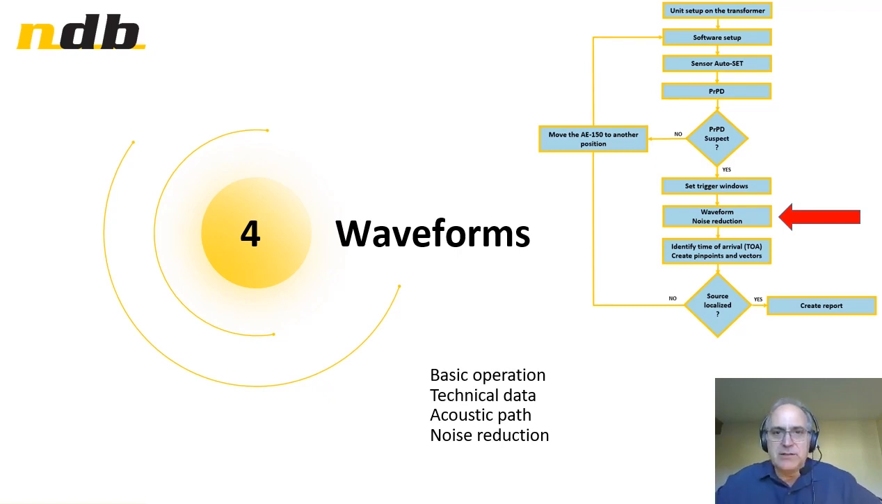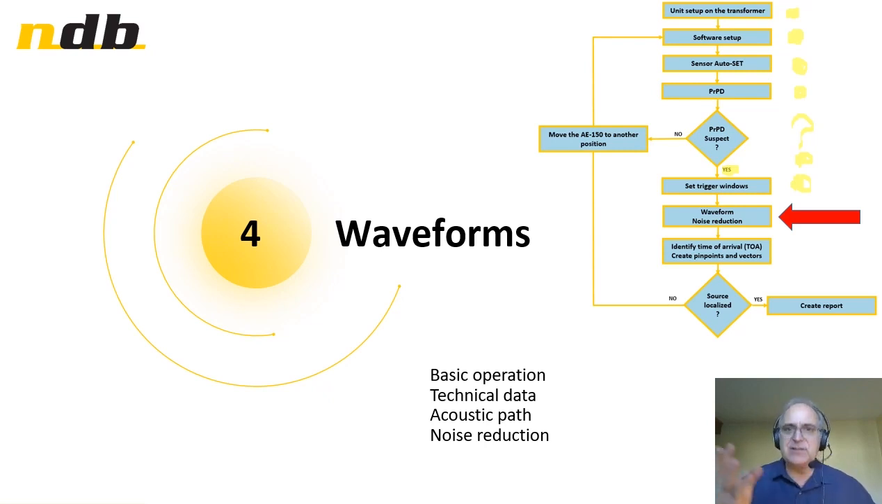Okay, so this one now, waveforms. The unit was set on the transformer. I have entered the position. I have set up the gain, auto set the gain. I made a PRPD, and my question was, do I have suspect PRPDs? And the answer was yes. So I set the trigger, the cursor and the amplitude to my suspicious